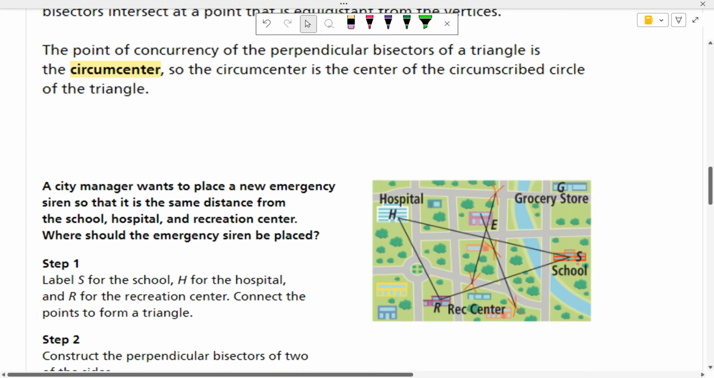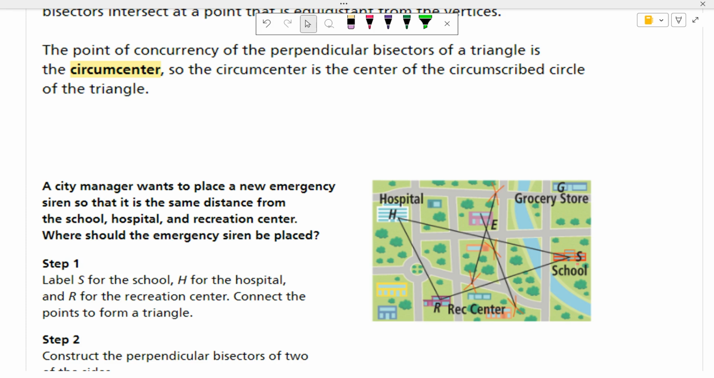A city manager wants a new emergency siren that's the same distance away from the school, the hospital, and the rec center. Where should the emergency siren be placed? Well, if it's the same distance away from each, you'd connect the three of them. You'd connect the three